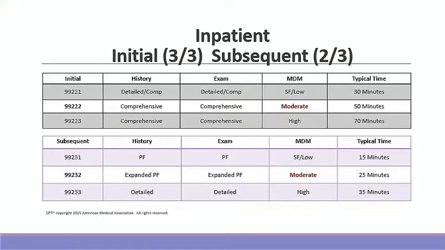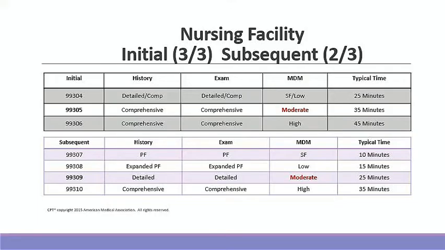For an inpatient hospital setting, moderate medical decision making would support an initial care code 99222 and a subsequent visit code of 99232. In the nursing facility setting, moderate medical decision making would support an initial care code of 99305 and a subsequent visit code of